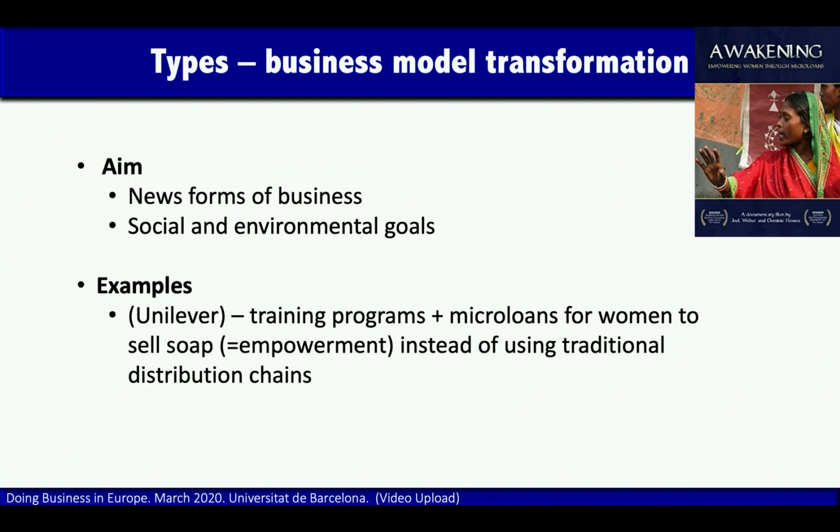And so it sent a lot of people to train them, and it gave a lot of micro loans to women, especially in rural areas in India. And basically, then these women became the ones who were selling Unilever products. So, of course, in this case, it was not a purely altruistic action that Unilever was doing. It was part of its profit making decision.